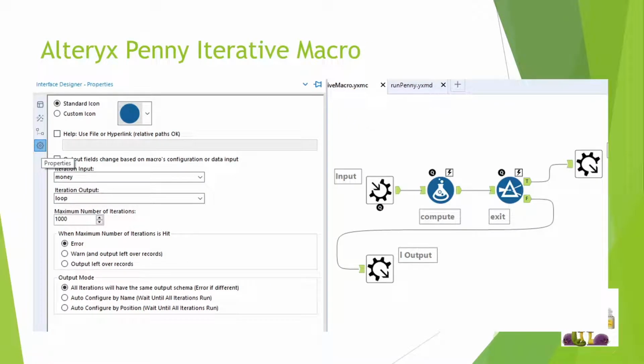We'll start out by showing you an iterative macro picture, which is this. That is the Alteryx penny iterative macro from the class. It accumulates a penny being doubled every day for however many days you want to go through. As you can see, from a macro standpoint, it is quite simple. It has 2 outputs and 1 input, but the